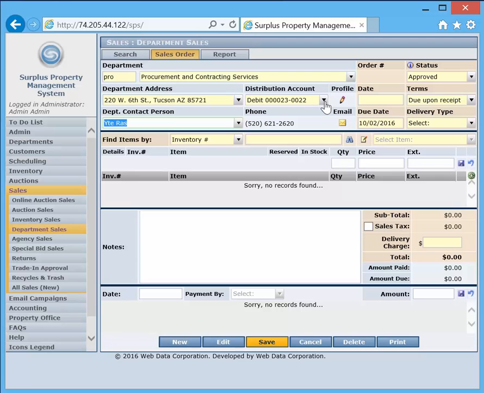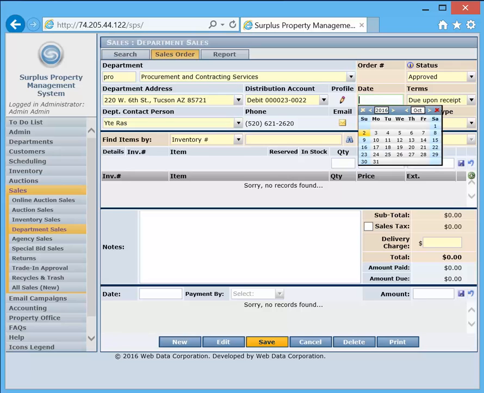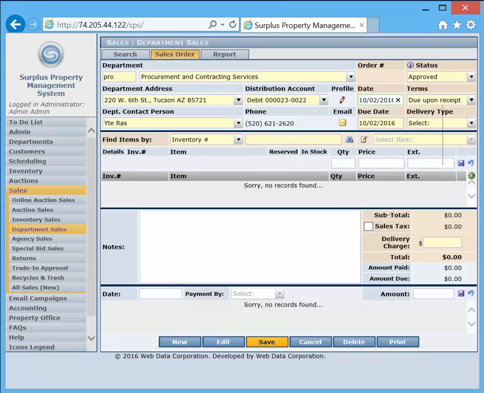And this account is the debit account. It's the account with which the department will purchase from you, and it'll be part of a journal entry export file later on. So now we'll put in the date of the invoice, and we're going to simulate you scanning